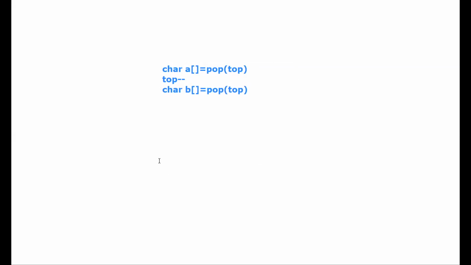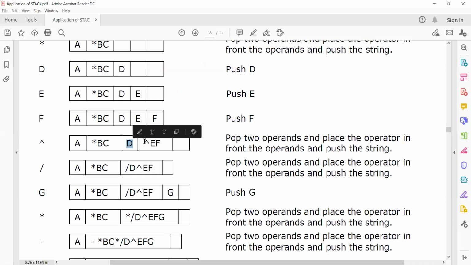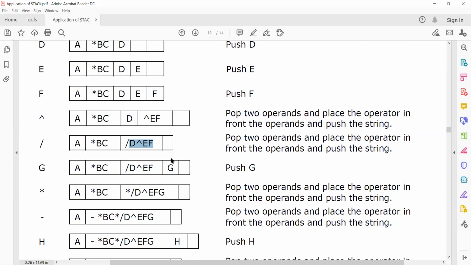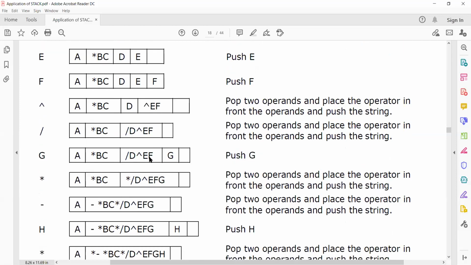The same thing happens. I have popped out item D and this string item. See, you can find out: the scanned operator is placed before the 2 items. And again, I make it a string and push it back into the stack. It's very much easy.